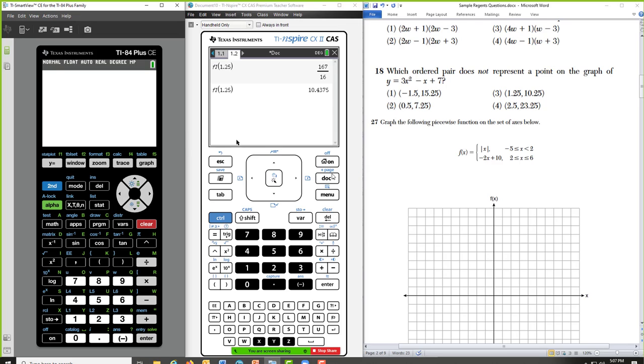Now the next one, I'm going to already give the ooh and ah up front, because this is New York State and piecewise functions are a big deal. If you have 84 Plus CE, your kids might not have access to it, but if you can demonstrate with it, it's good for the educational process. On the 84 Plus CE, going to y equals, clearing out what's in there, press the math button once, press the up arrow twice. This is a CE feature. Piecewise is built in.